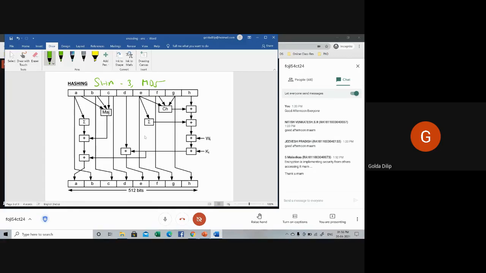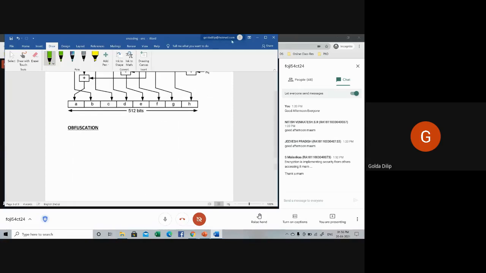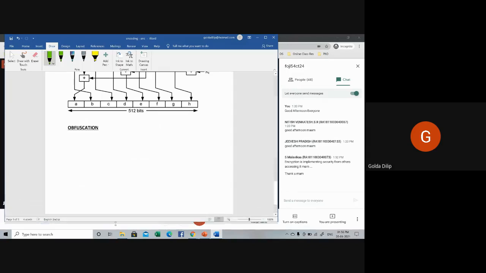Then there is one more technique that's only for your information's sake. I'm telling you, there's something called obfuscation. We have not discussed it as a part of any of the techniques we have covered in network security, but this is also something which popularly comes across. For your information's sake, I'm just telling you. Have you heard of this? What is called obfuscation? Anybody? Obfuscation. Nobody? Yeah? No, ma'am.